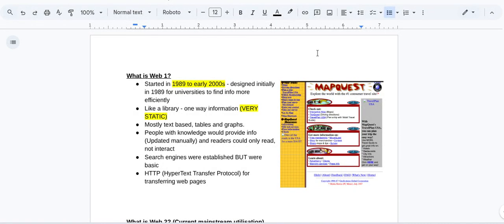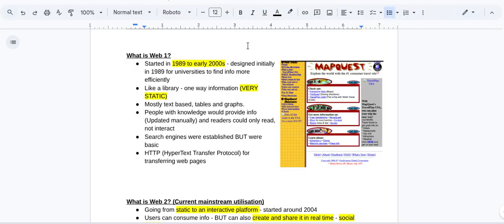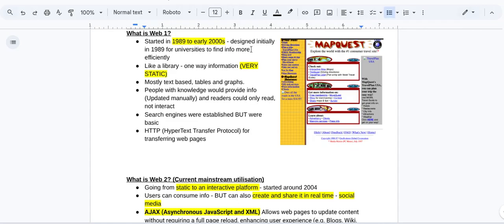Just in today's video, I want to talk about Web 1, 2 and 3. I'm just going to go through each of them. So Web 1 started in about 1989 and it went through to about the early 2000s. Initially designed for universities to find information more efficiently. So it acted like a library, this kind of World Wide Web, and information was only one way, so